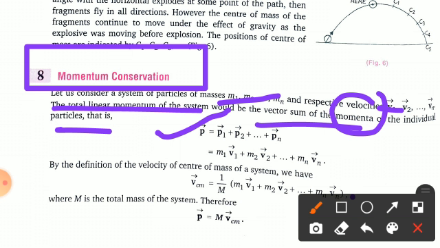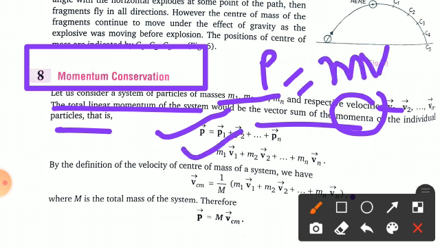From the above definition we can write the sum of the momentum. So vector p is equal to p1 plus p2 up to pn if there are n particles. In place of p we can write, I hope you know very well, p is equal to mv. This is your momentum. Clear? So that is what we had written here: m1 v1 vector plus m2 v2 vector up to mn vn